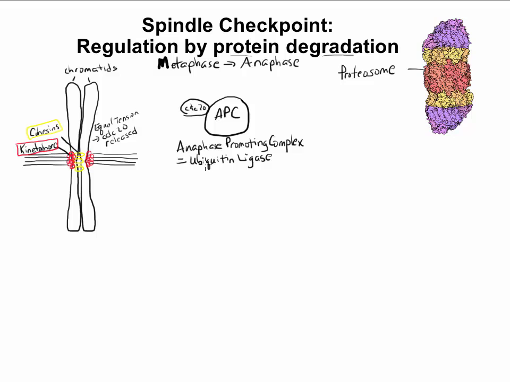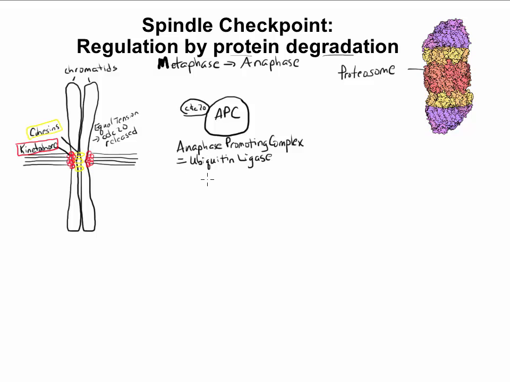But the thing is that once this ubiquitin tag has been added on to a protein, that targets that protein to the proteasome to be degraded. So that ubiquitin tag is a molecular signal in the cell that this is a protein that needs to be sent for degradation. And so this tag is only added on to specific proteins that are targeted by this anaphase